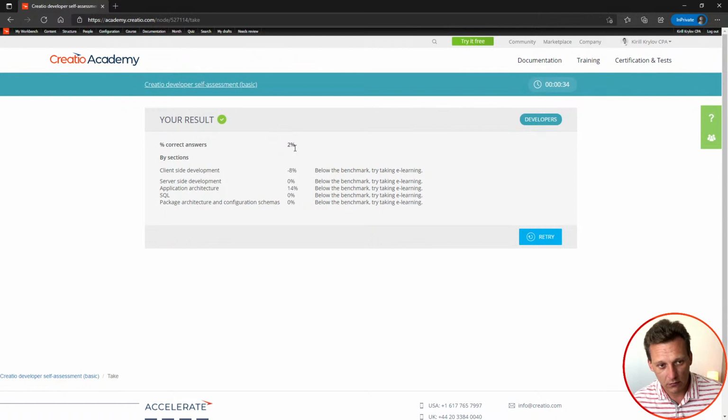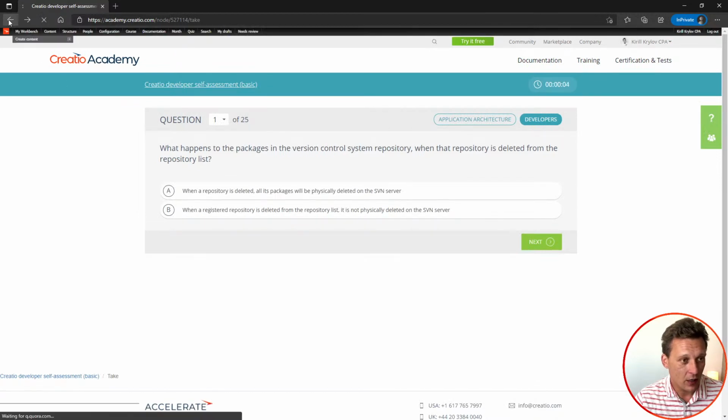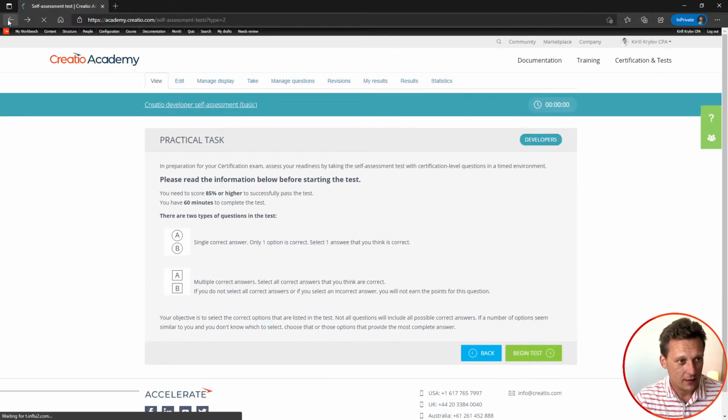So I probably need to go back, and I probably need to verify or to understand why or where I did not score enough. So I'm going to have to go back and try this until I get sufficient grade. Once I get the sufficient mark, I can probably go back and I can start preparing myself, or I can start registering for a real test. So let me go back to